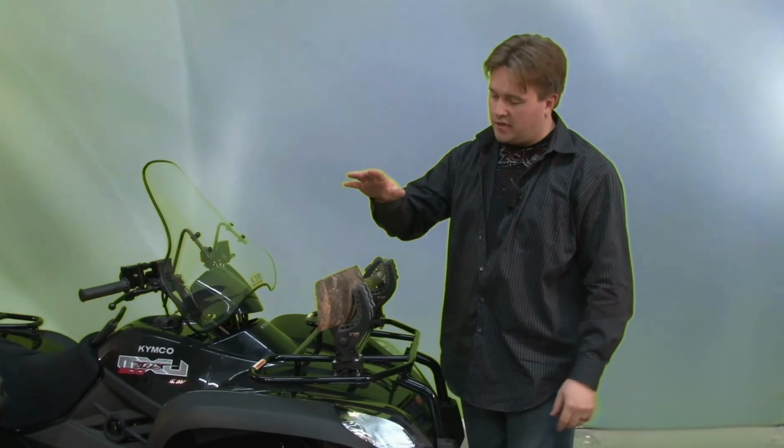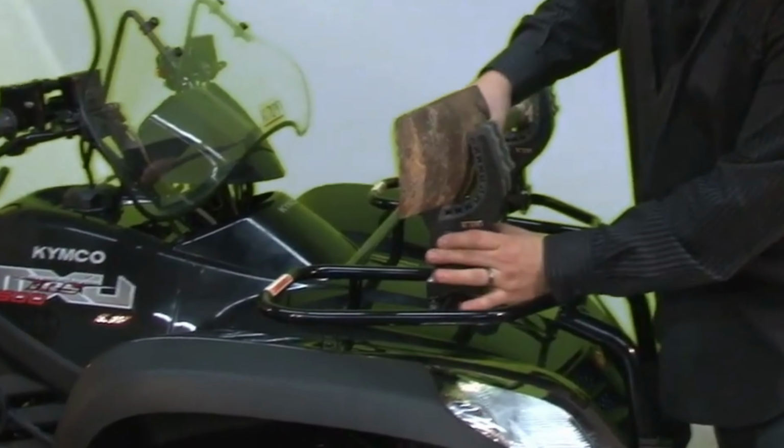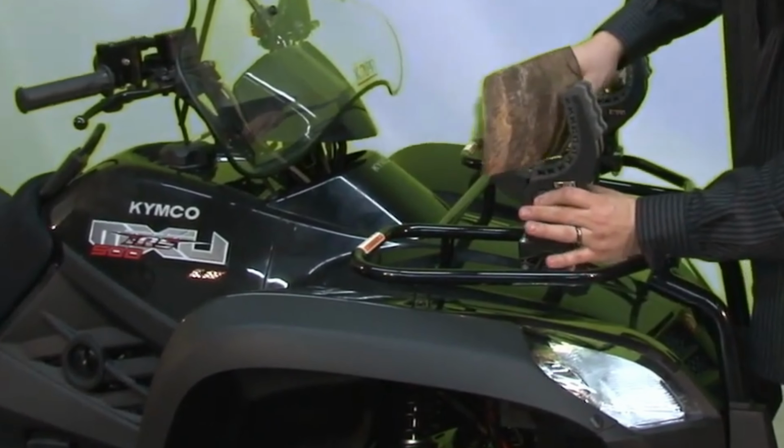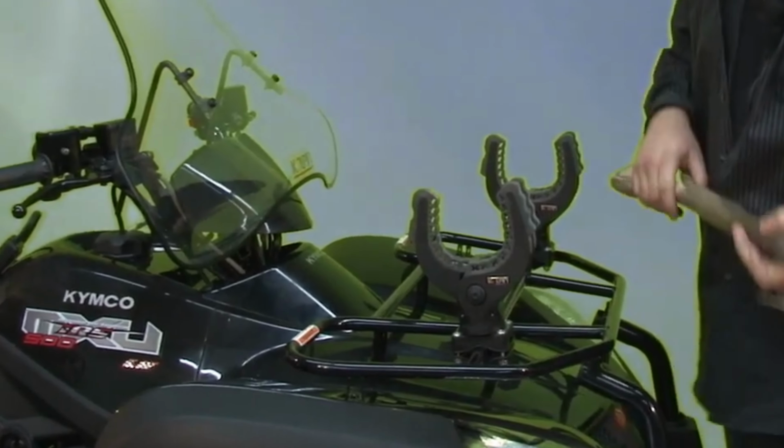In this review, we're going to take a look at the Kolpin Rhino ratcheting grip, which is a really neat grip. All you have to do to release an item is push the button. And these grips are really nice